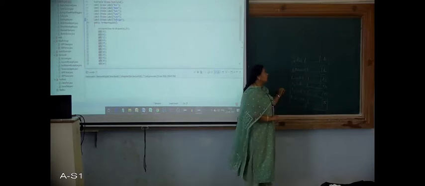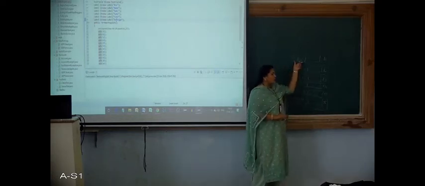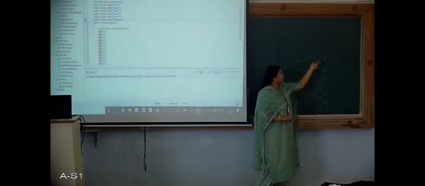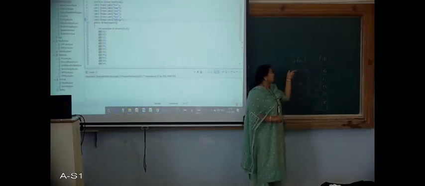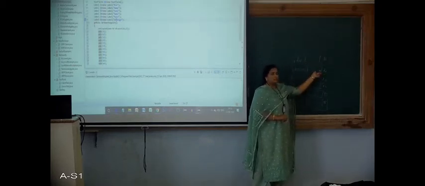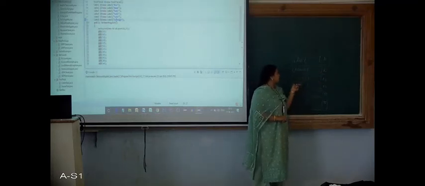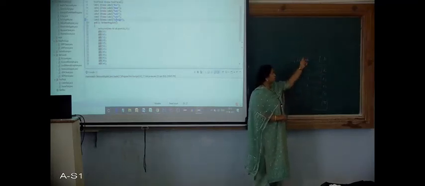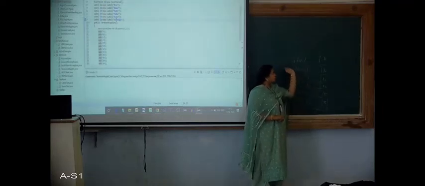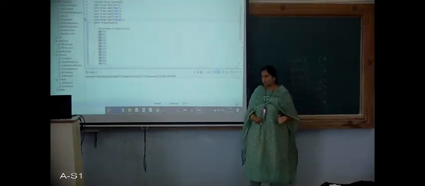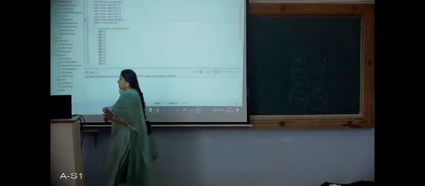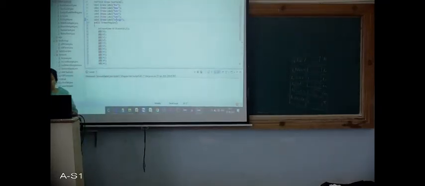Correct? So first we should add the label and followed by that we should add the text field, and then label 2, text field 2, that is T2, L3, T3, L4, T4. That means we want it to be arranged row wise in this fashion. So we need to pass those parameters accordingly. So I have passed L1 first and then T1 and then we are adding L2, T2, L3, T3. So you can observe the sequence.